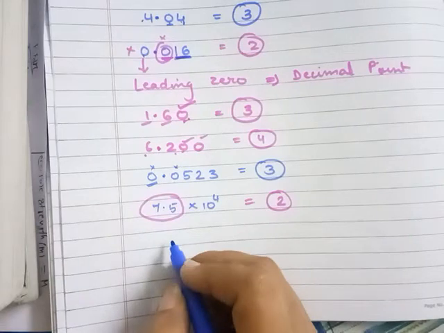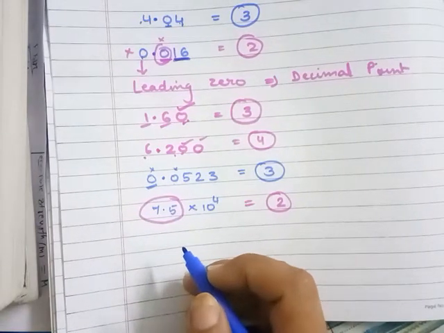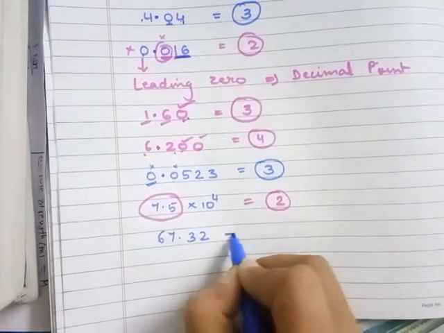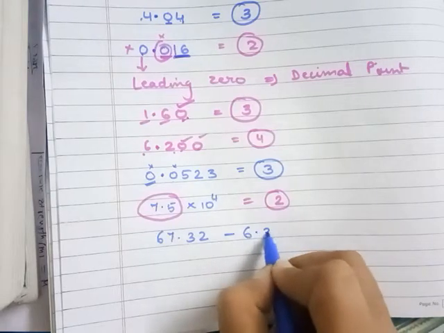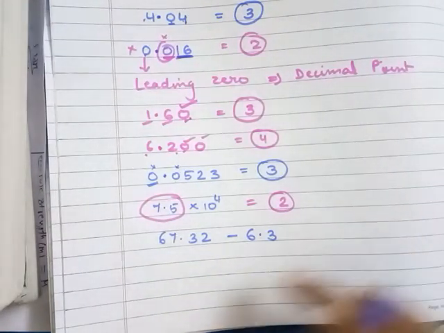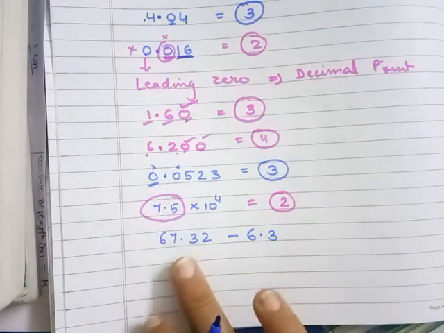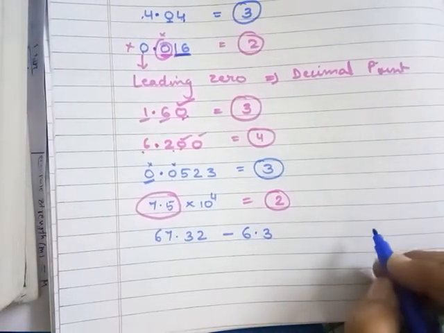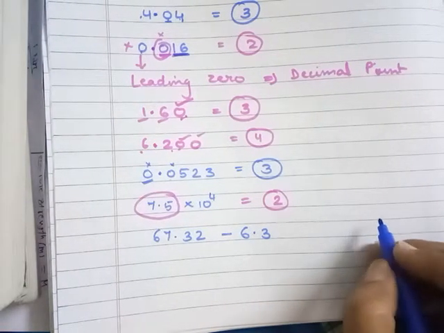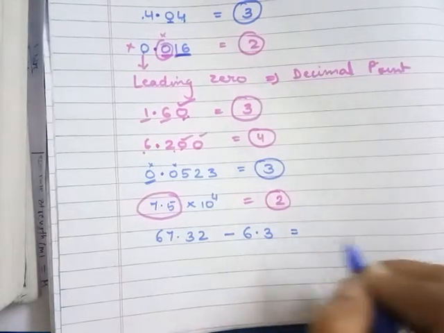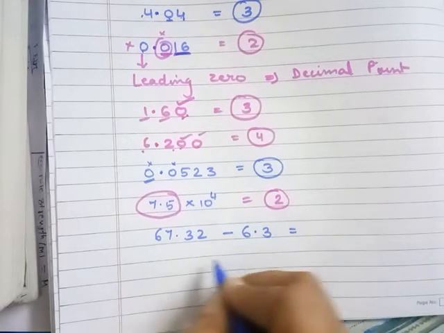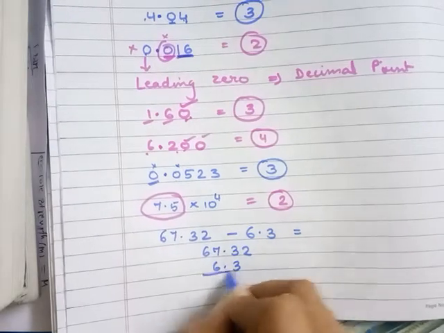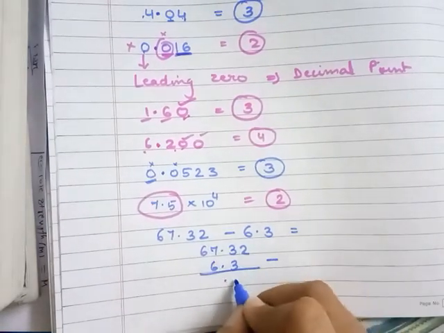Now if I give you a number, I tell you how many significant figures are there in 67.3 minus 6.3. Now you need to find me the significant figures when I have given you 2 numbers, and you need to do subtraction in that. So first do the normal subtraction. So when you have 67.3 and you subtract 6.3 from that, what is the result that you get? Normal subtraction. I'll write in this expanded form if anyone still has doubt. Normally when you subtract, what do you write?